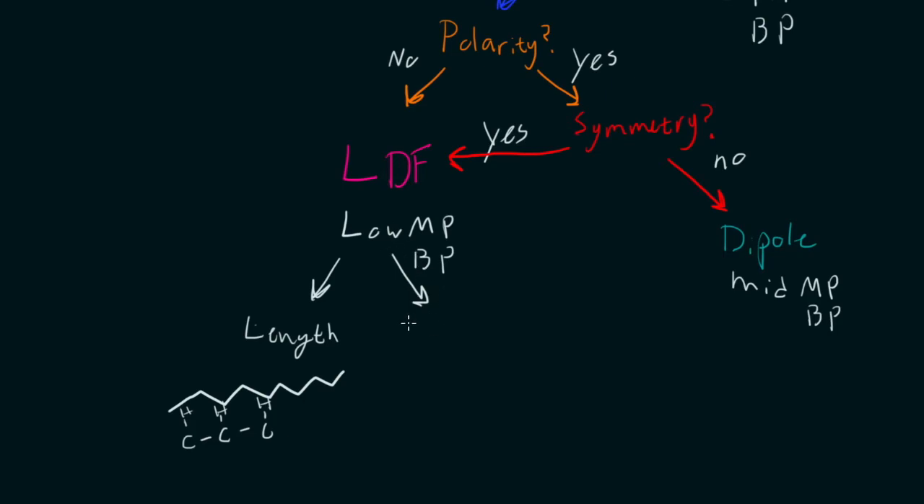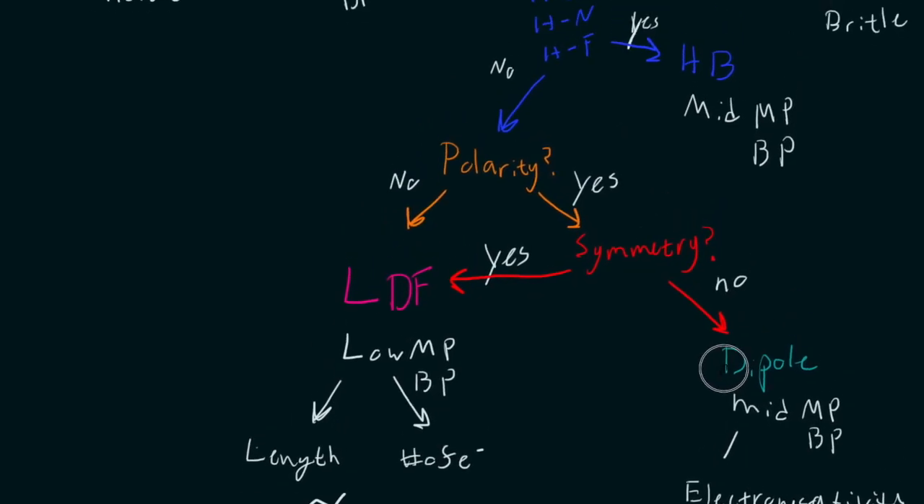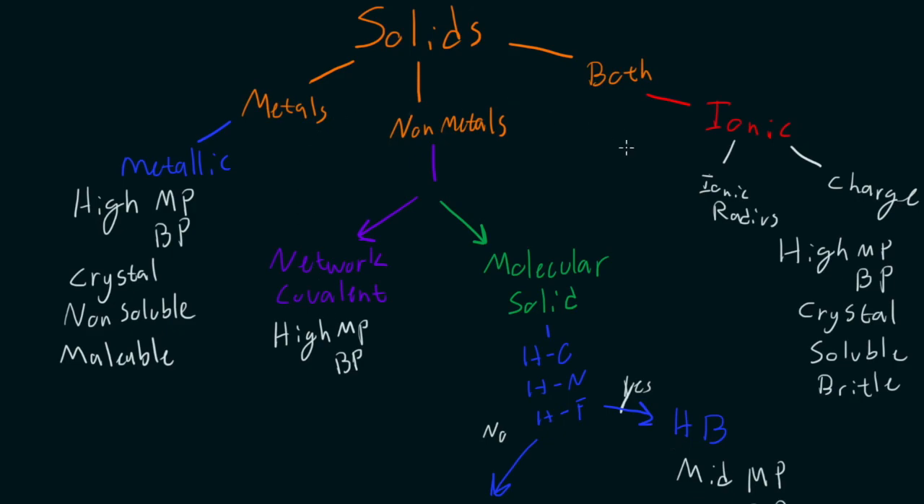The other determining factor in the strength is going to be the number of electrons. If I have more electrons, my London dispersion force is going to go up. The determining factor in the strength of a dipole is going to be the electronegativity difference. There we go. There's a nice long flow chart here that'll help us categorize different solids,